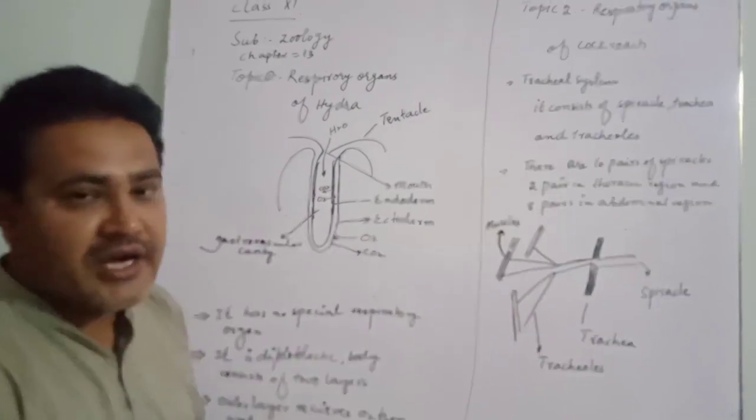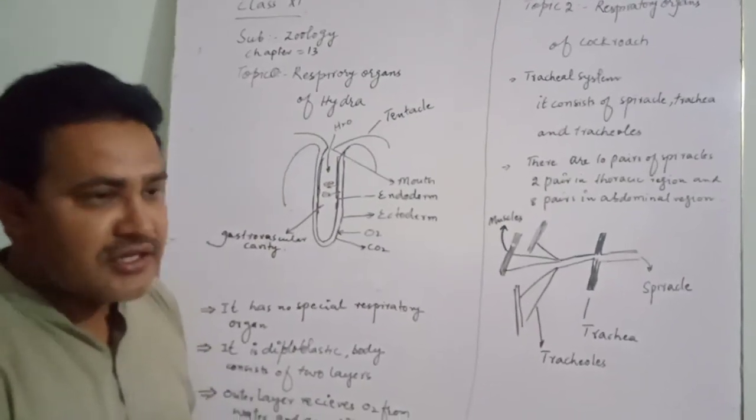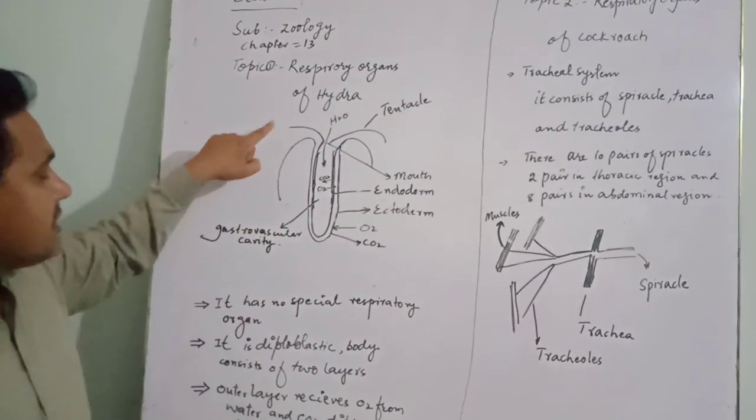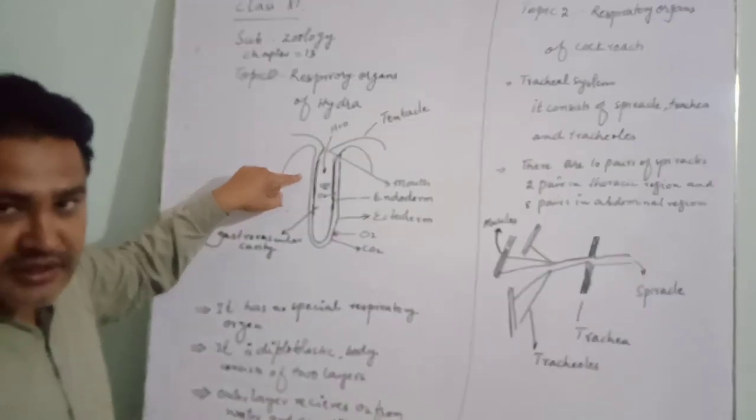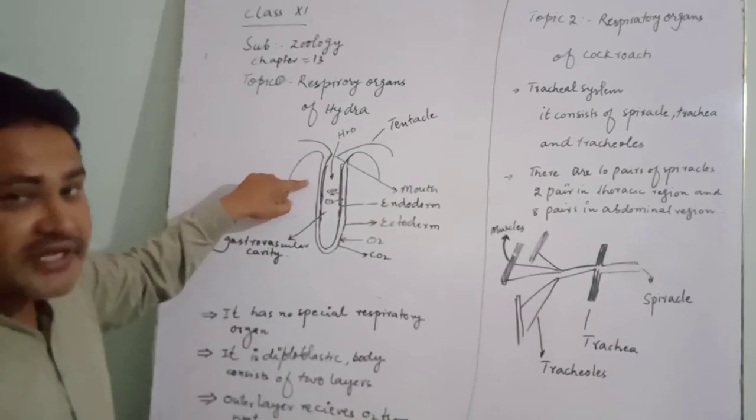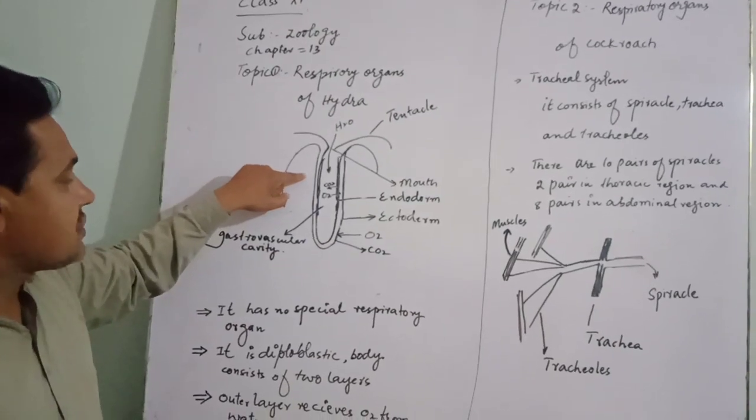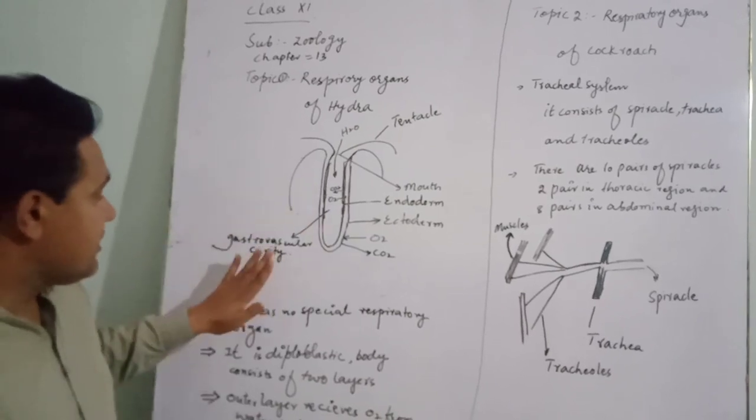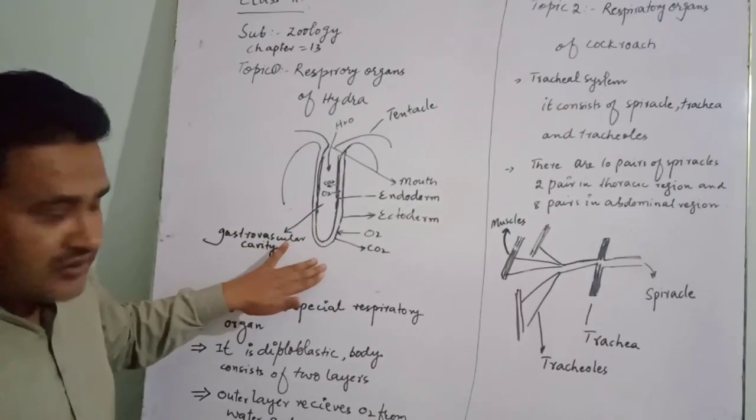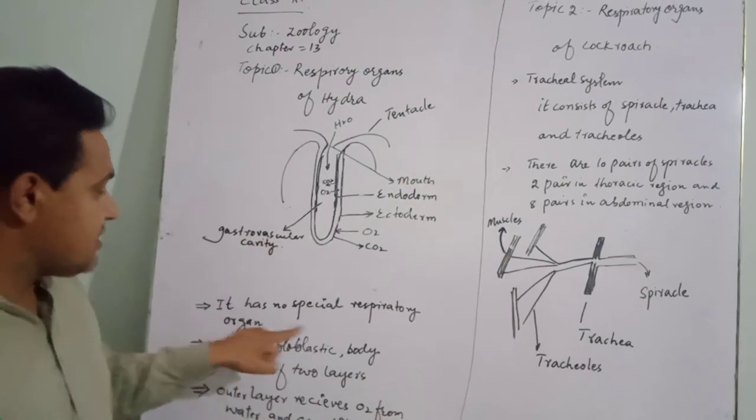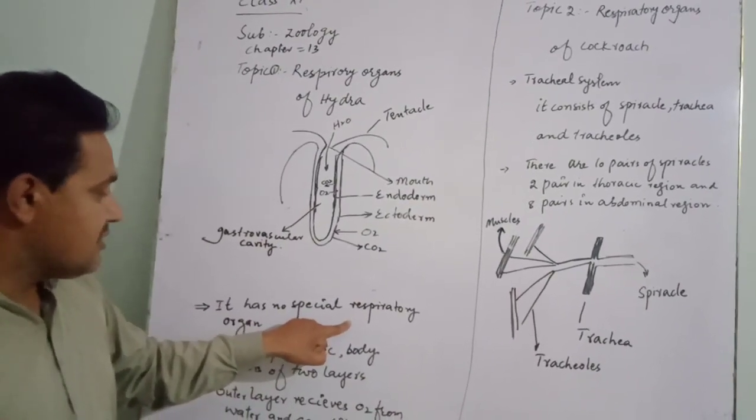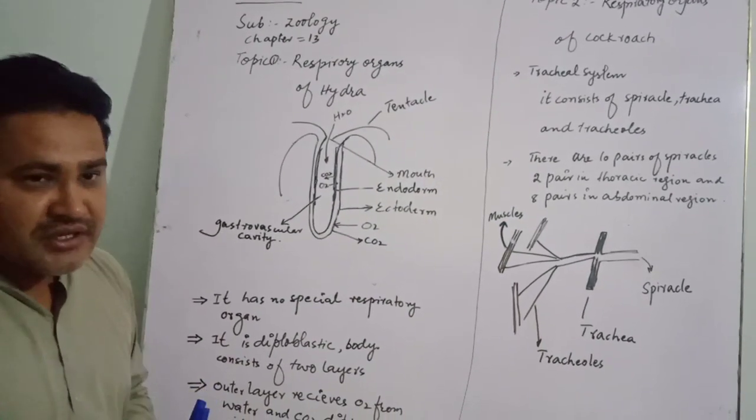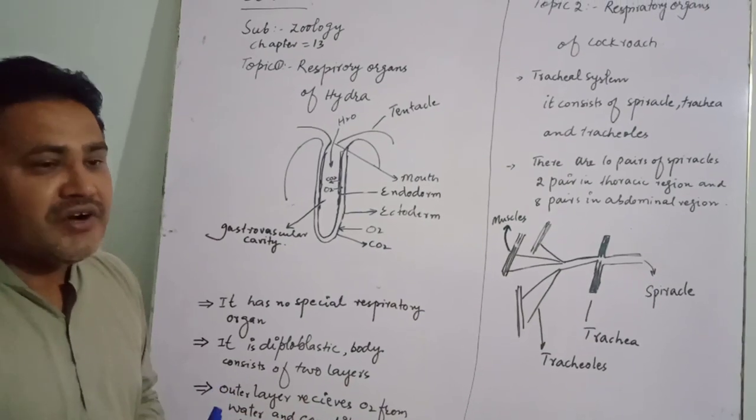As you know, Hydra is a multicellular organism. It lives in water. It is a diploblastic animal and it has two layers. It belongs to phylum Cnidaria or Coelenterata. It lives in fresh water and it has no special respiratory organs. It means gas exchange takes place by simple diffusion. There is no special kind of organ,